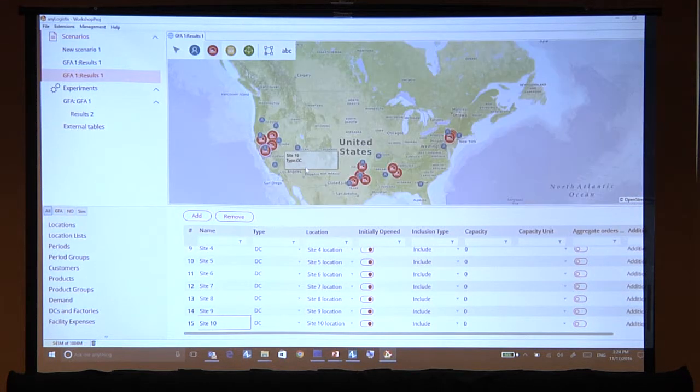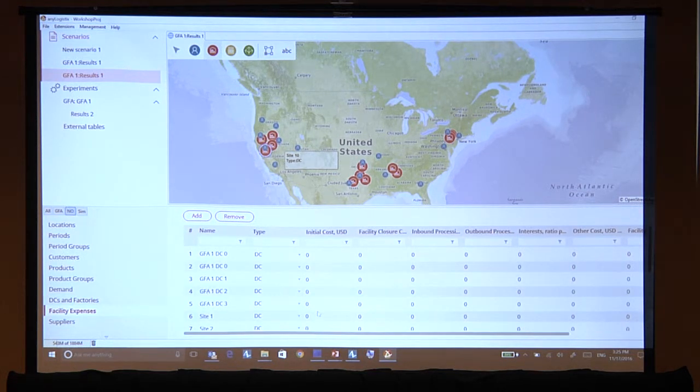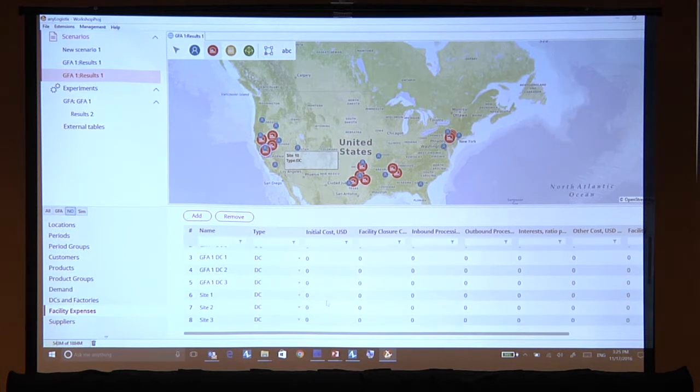Greenfield analysis points you to the region, based on both travel costs and demand, right? And then you try to find the really best location. Since you consider real locations, you also can define specific properties of each location, like initial cost, facility